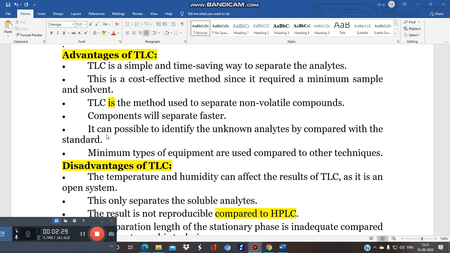One is of clove oil and you have to apply another spot that is of your standard. And we know in case of clove, eugenol is the most important compound, a marker compound of clove. So you have to apply the spot of eugenol also to compare with your oil. Only then it will help us to know about the quality of your product also.